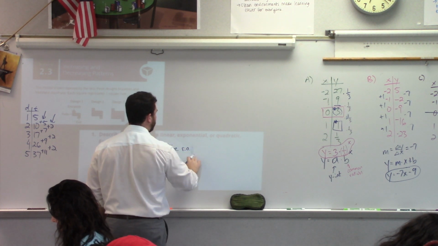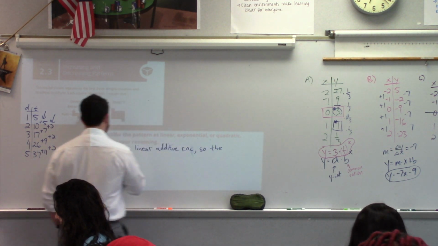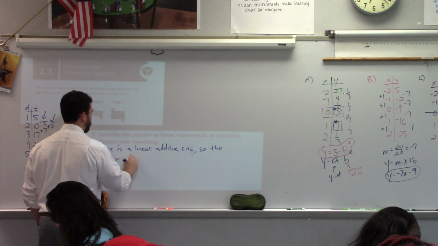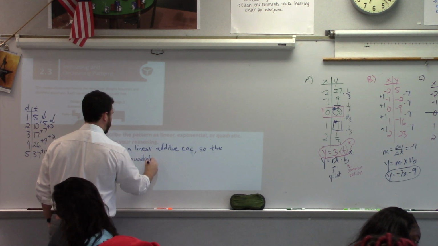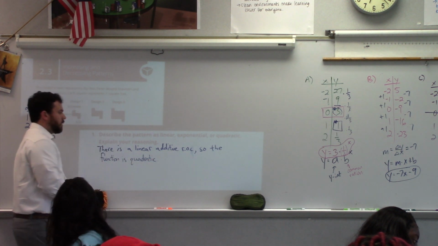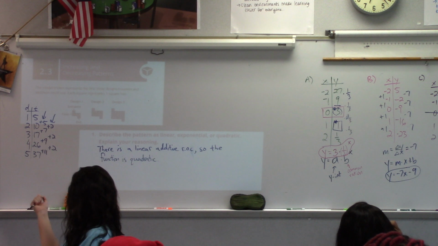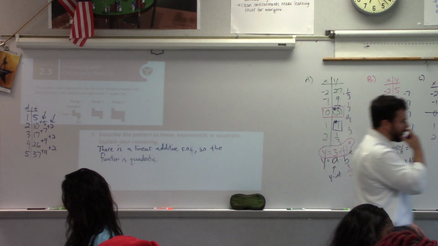So the function is what? Quadratic. You got to know that, okay? So you combine them like linear x and constant. So there's a linear additive rate of change. It's no longer a constant additive rate of change. It's a linear additive rate of change, so the function is quadratic. Now, part 2